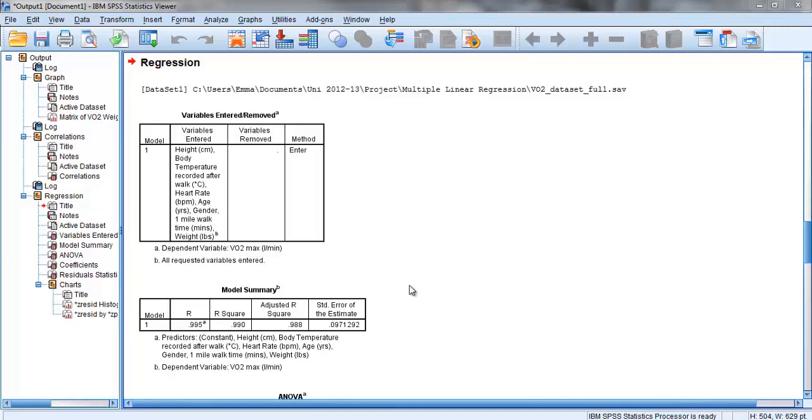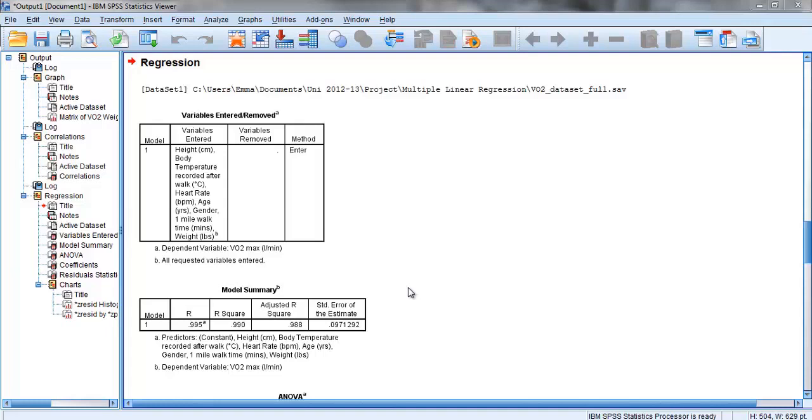The R-squared value is the coefficient of determination and represents the amount of variation in VO2 max that can be explained by changes in the independent variables. The adjusted R-squared value only accounts for significant predictors. The R-squared value would increase if we added more predictors, even if they do not improve the model. The standard error of the estimate tells us how much the observed values for VO2 max differ from the values from the regression model. We have a standard error of the estimate of